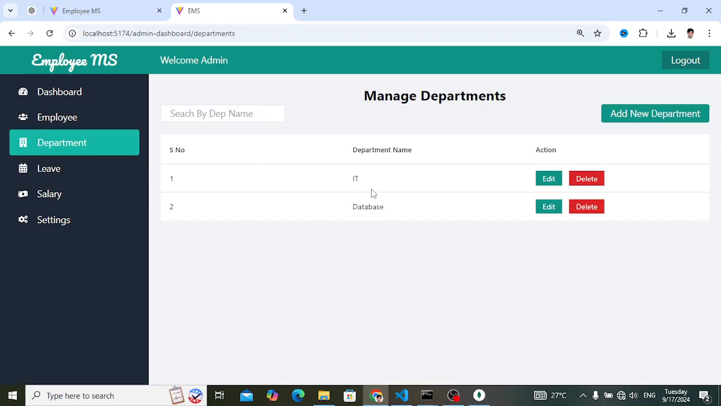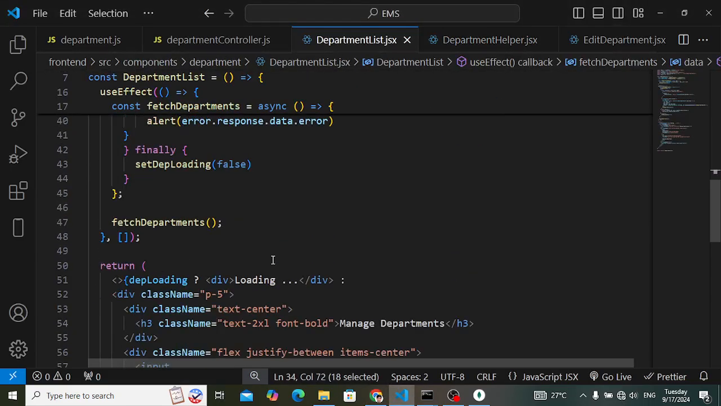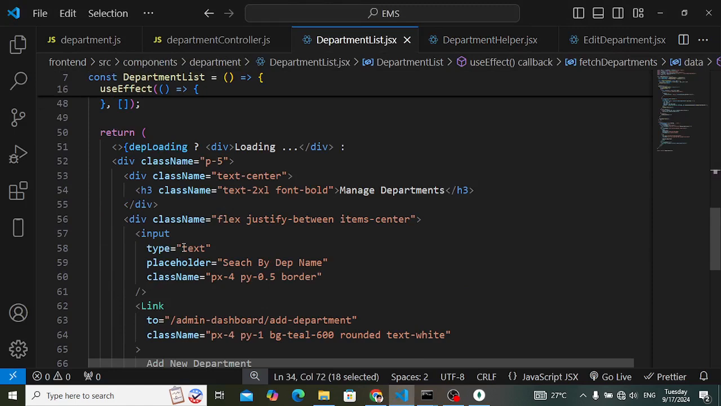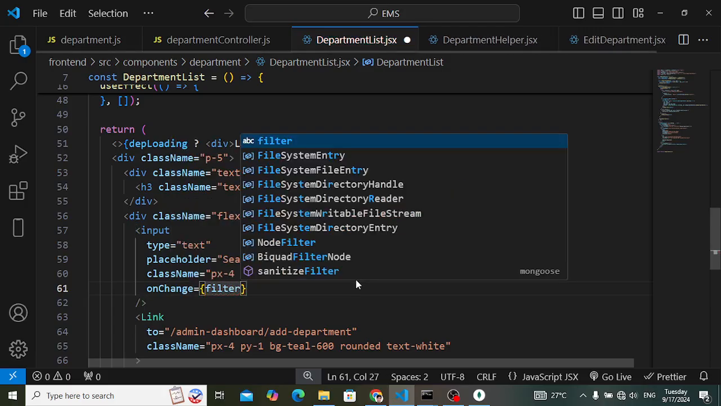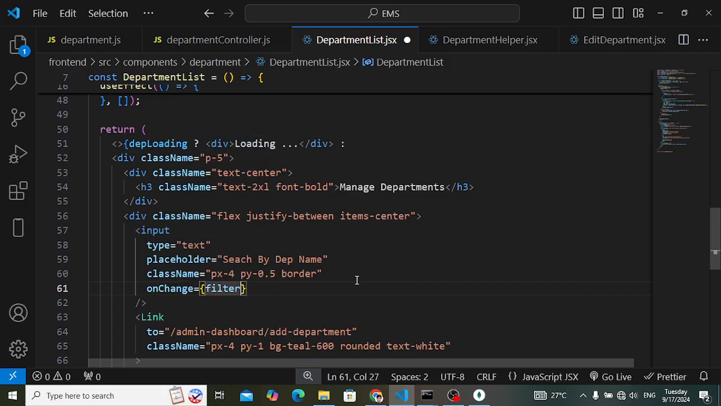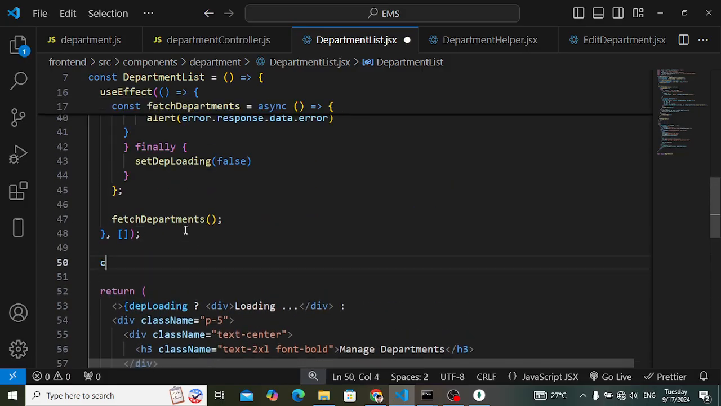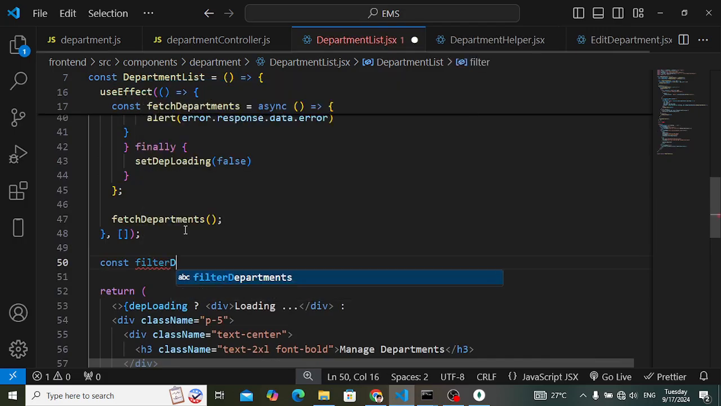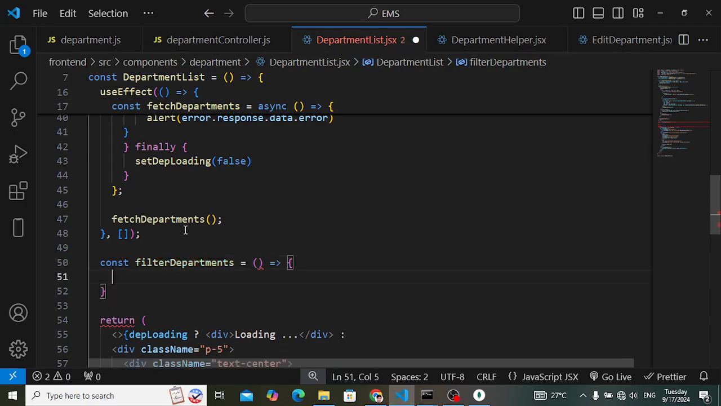Now let's filter based on department name. So to filter it, for that let's move to department list and come here to this input field. So I will call here onChange a function filterDepartments. Filter departments. So now let's clear this function. Filter departments. So to filter the departments,